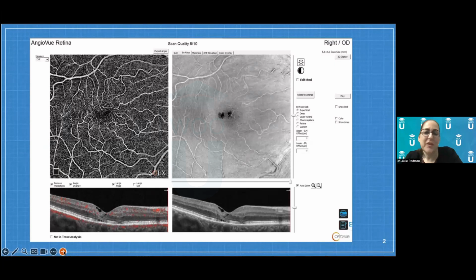Just to share with you on angiography, macular telangiectasia has a very clinically, again, diagnostic appearance. So if you look at this scan, and we're not going to spend a ton of time going through OCT angiography, but here's your ILM drape. Here's involvement of your photoreceptors down here. You can see it here as well. But if you look at the OCT angiography, which is really an en face cut, so it's more of a horizontal cut through the vascular structures, we're looking here at the most superficial vascular layer.